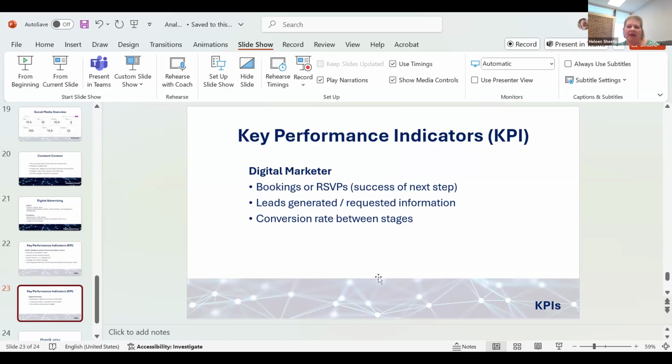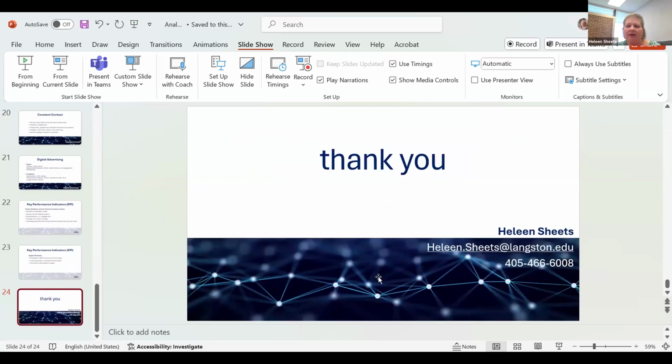And then at the end, looking at who were the clients or students that continued to be engaged and actually enrolled and were there after census date, after the first 2 weeks of the semester. So again, those are KPIs based on what your particular role is at your institution. And that's what I have. And as Kirsten said, we're welcome to questions. You can say them here or you can put them in the chat.